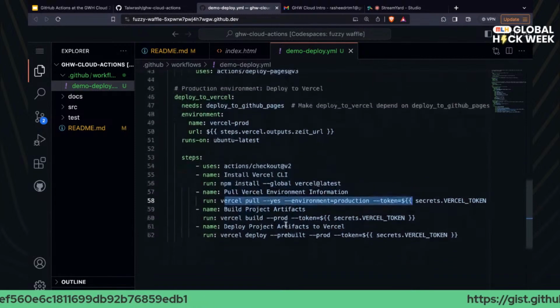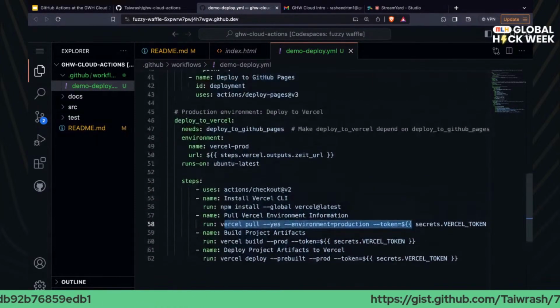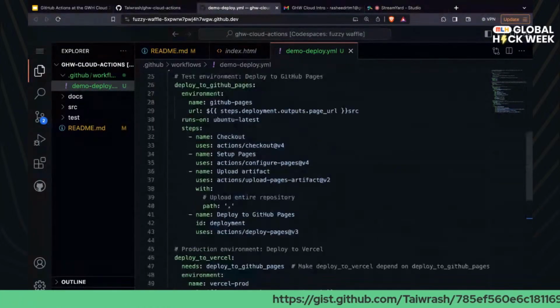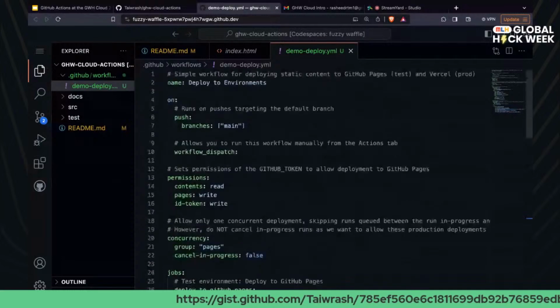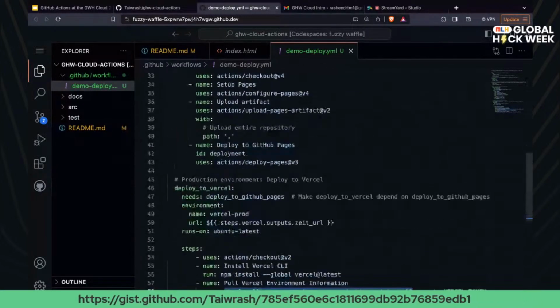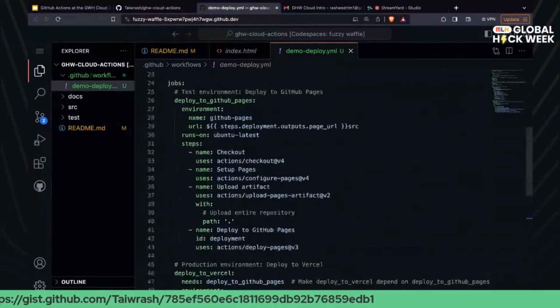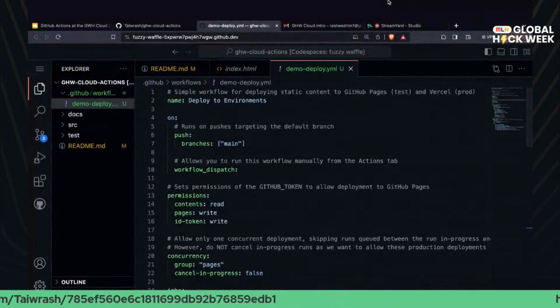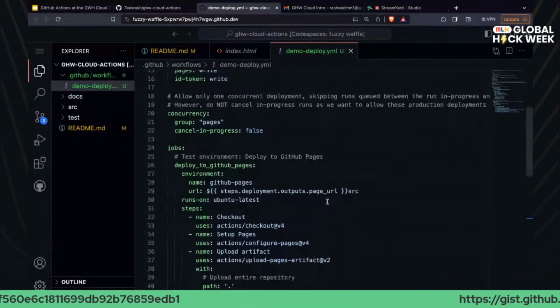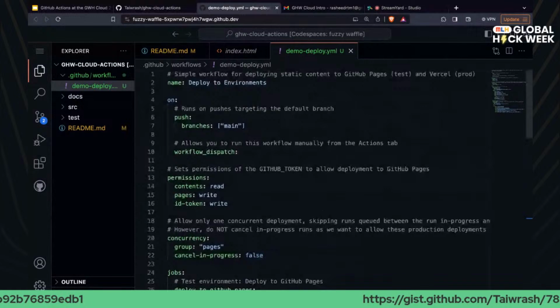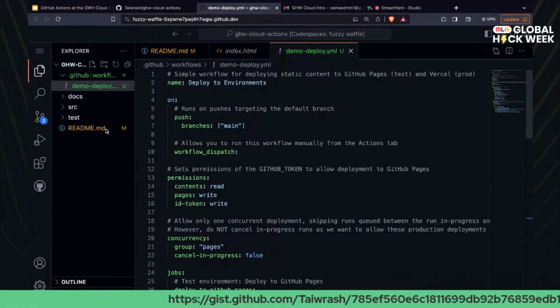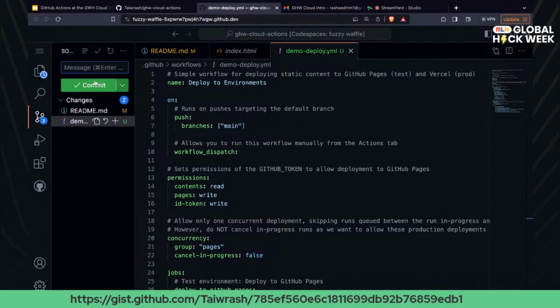I'm very sure we've been able to get the link to the gist, and we've been able to follow up to this level. So this is the workflow that we need to complete the process. Because of our time, we only have like 10 to 15 minutes left here, and I have a couple of things to show us. So I will be committing this into my GitHub by just adding this.